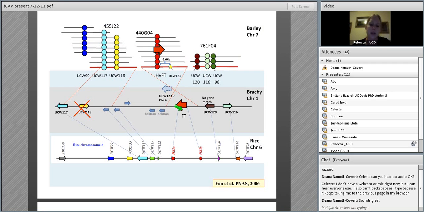But when we were looking at the FT gene and trying to clone it, we did have several gaps in our BAC clones that we weren't able to complete because of significant stretches of retroelements. And so we are looking by